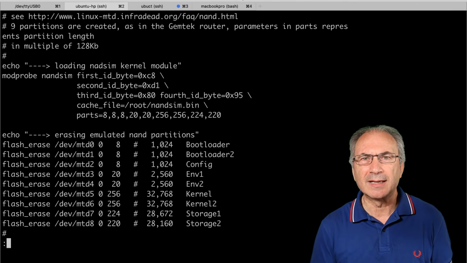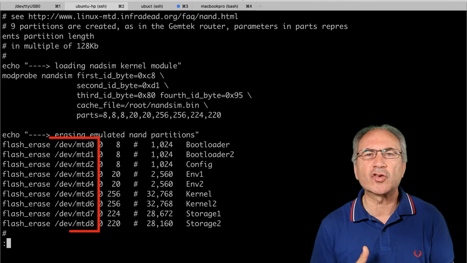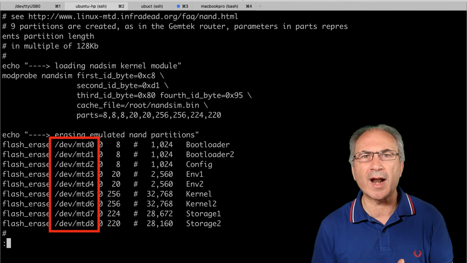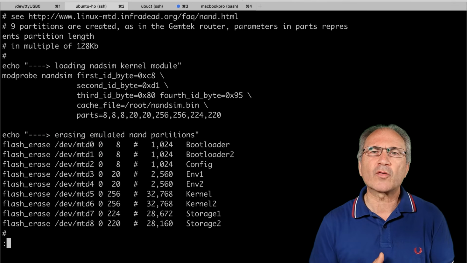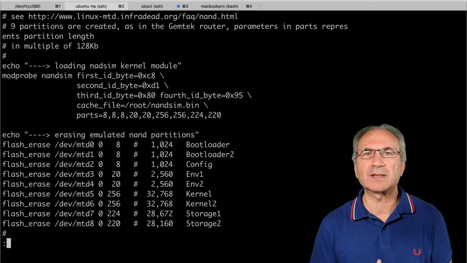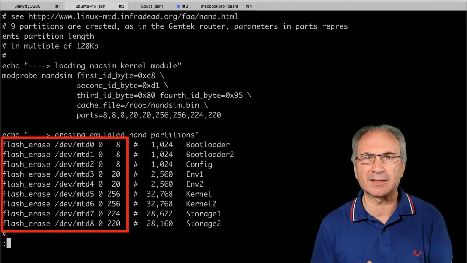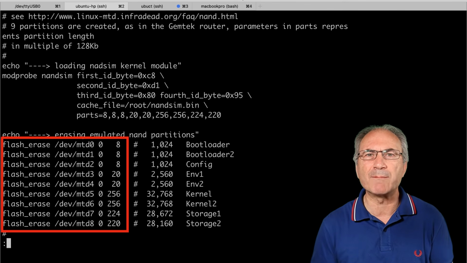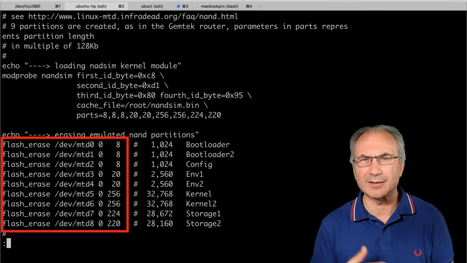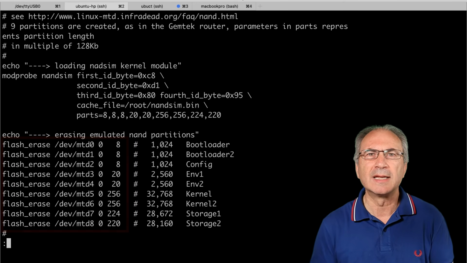The NandSim kernel module has created 9 devices, one for each emulated EEPROM partition. Before writing anything on these partitions, we have to erase the partition with the flash erase command that takes as a first parameter the device name and as the second parameter the number of erase blocks, that in our case is the number of 128 kilobyte blocks.